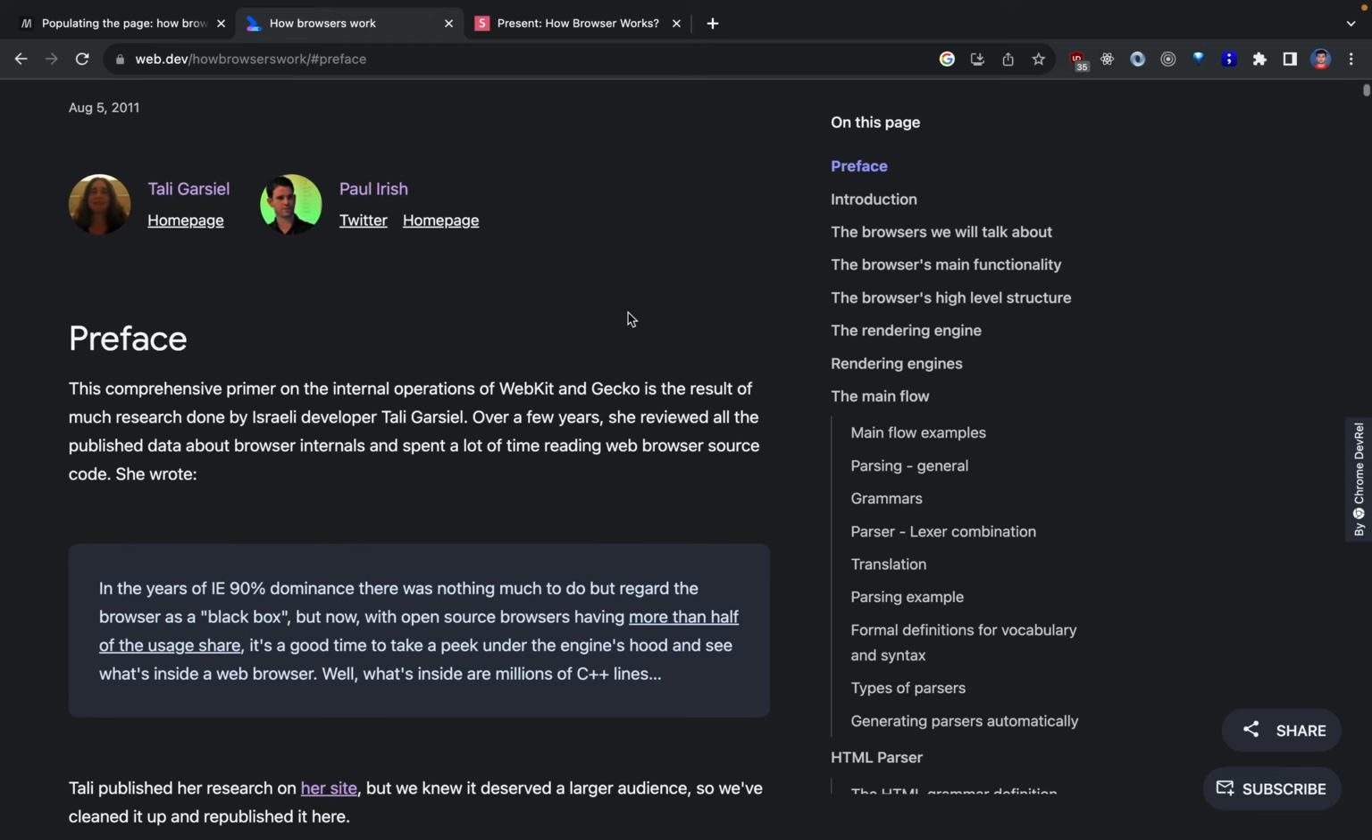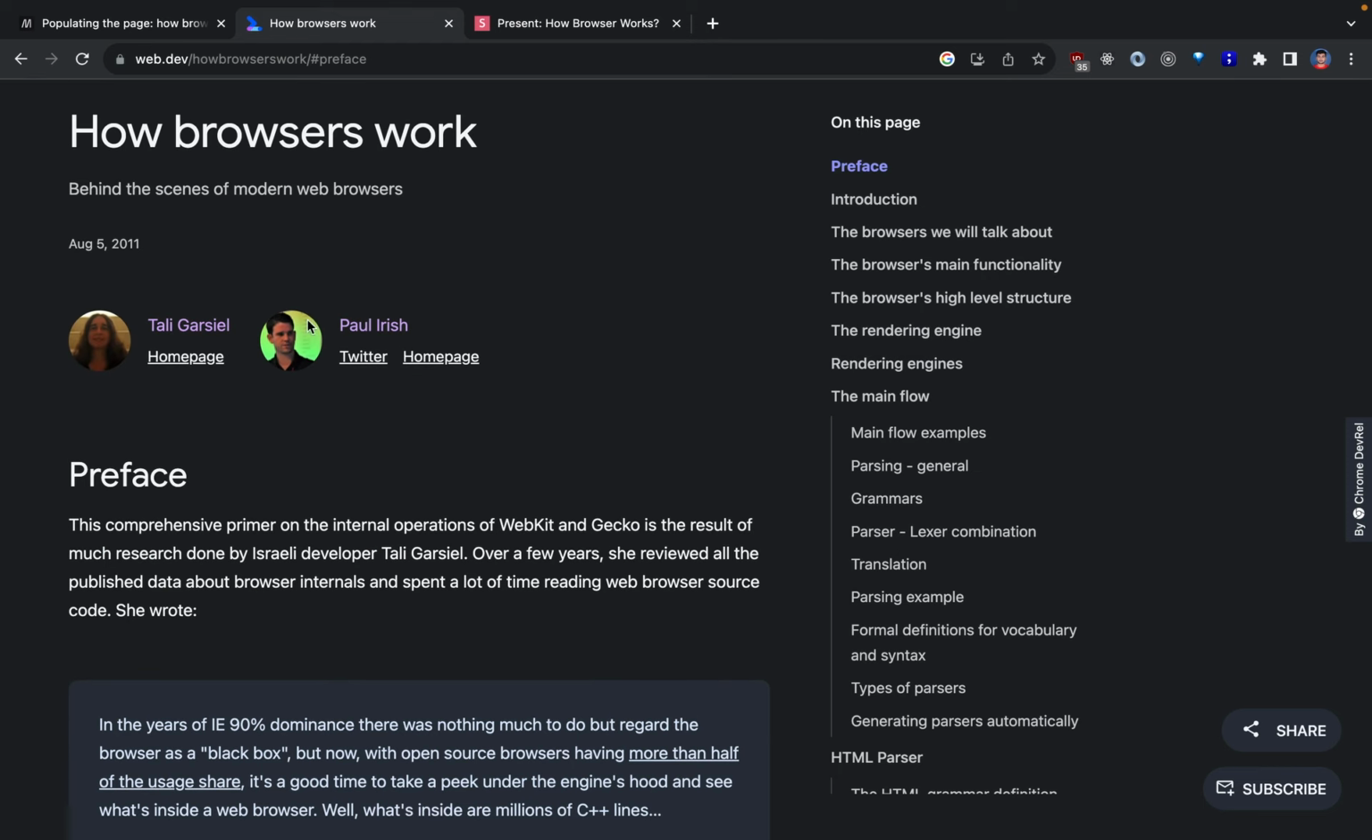Okay. First they explain who the authors are. Tali Garsiel herself is a Riley developer. She is the author here. They have explained that she has done good work in researching how browsers actually work and how WebKit and those browser engines work first. Then Paul Irish has summarized this for us. Okay,